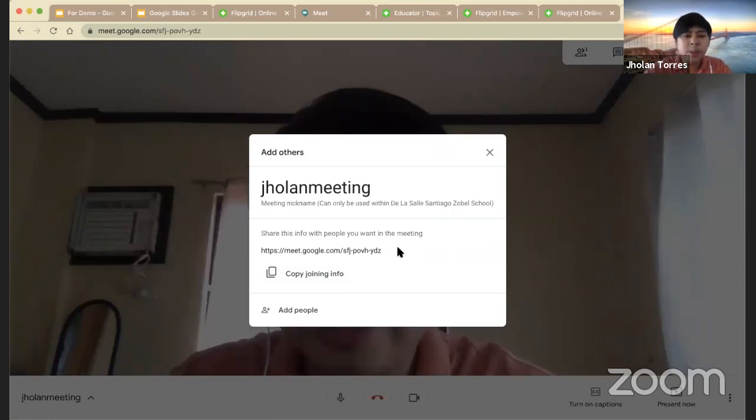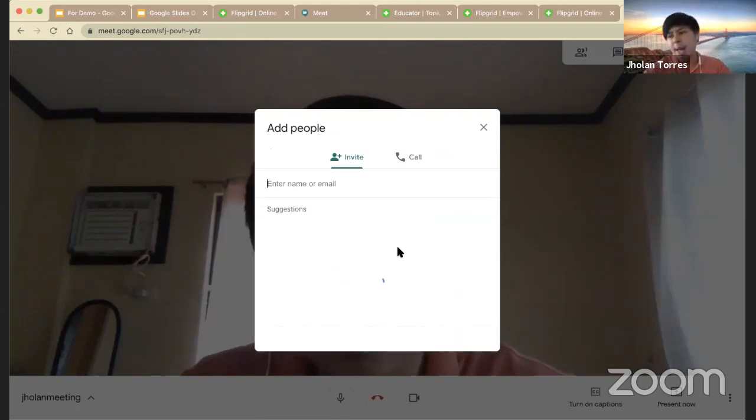Another way to add participants in your group is by typing their email address. Okay, there. So for example, I click add people to this one.